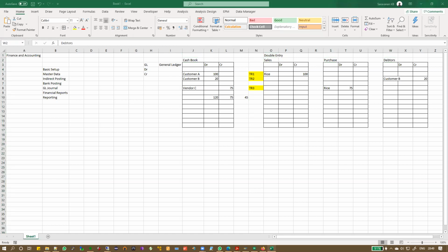Okay, good. Now, before I go to the setup, this is the fundamental principle on which it works. But now we need to understand the setup. Maybe you're asking why did you put debit here? Why did you put credit here? How do you know this is debit? How do you know this is credit? This is something very, very important to understand. So now I'll tell you what the debit and credit rules are.